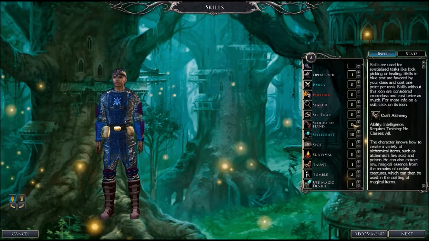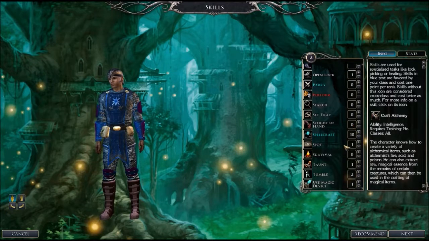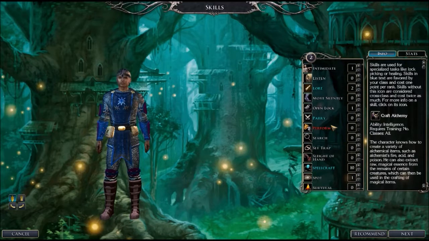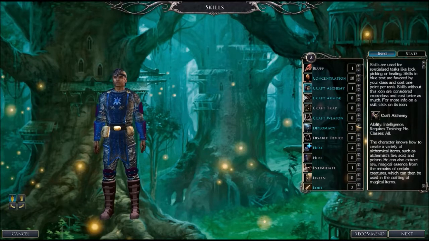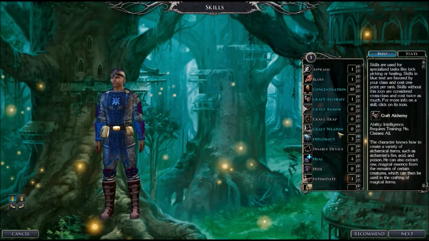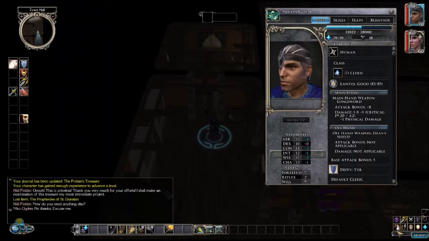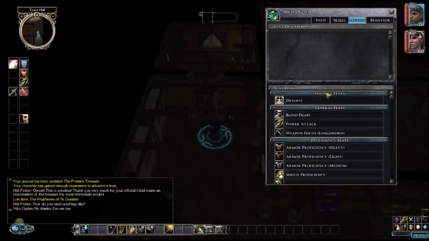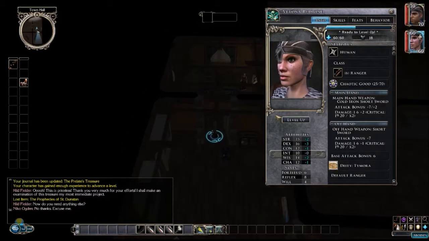Where's my... I need to find my sheet. Level 7. Yeah, I mean, nothing special at level 7, so it's just skills at this point. So, how about some point diplomacy. And heal. Alright. Anything special? No. Yes. She, on the other hand,